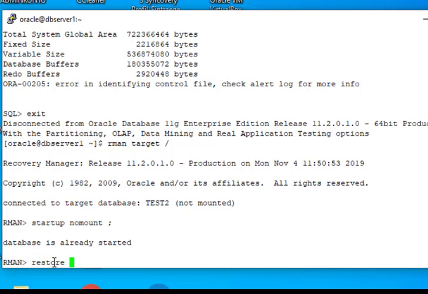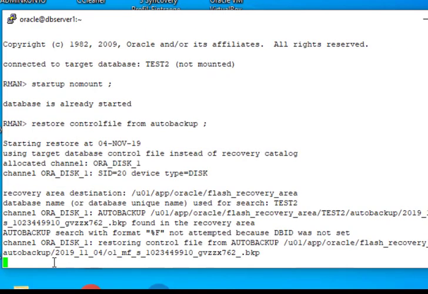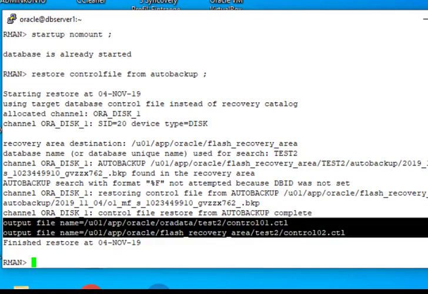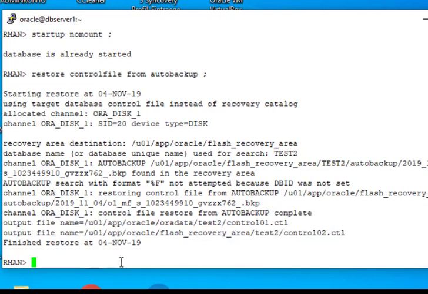restore control file from autobackup. So it has been restored. Look, now